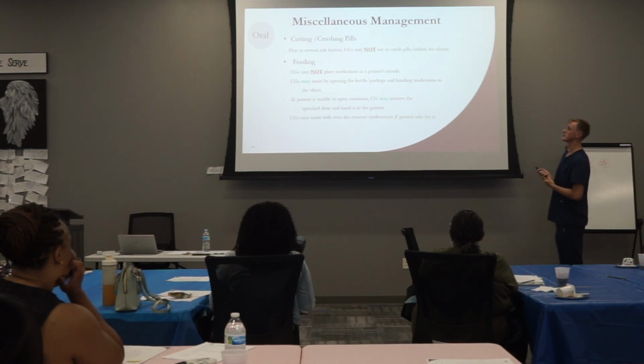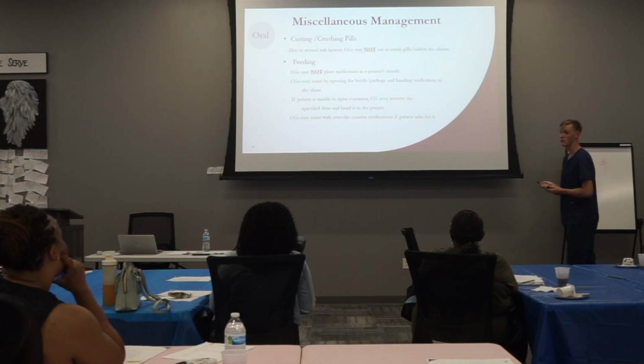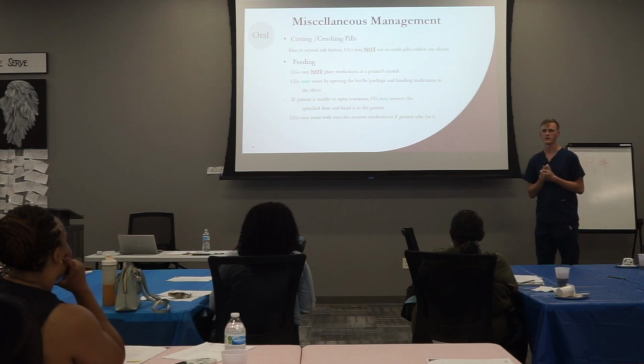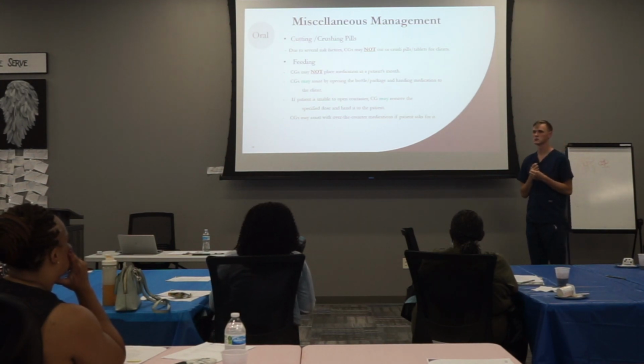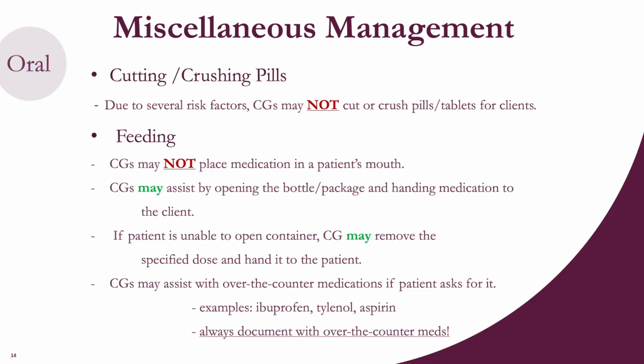So caregivers may assist with over-the-counter medications if a patient asks for it. We can do that. So anything for pain, like ibuprofen. What's another example of over-the-counter medications? Tylenol. Cough syrup. Yep, cough syrup. Pepto-Bismol, for indigestion. Aspirin, ibuprofen, Tylenol. That's fine. Be careful because there's...